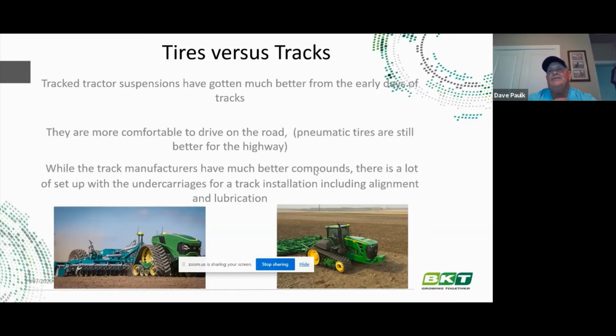However, pneumatic tires are still better for the highway. Pneumatic tires don't wear out as quick on the highway as tracks do, especially in hot climates. In hot climates, tracks get eaten up whenever you're running up and down the highway with them. So while track manufacturers have much better compounds, there is a lot of setup with the undercarriages for a track installation, including alignment and lubrication. You have to make sure it's aligned, and make sure there are no rocks, sticks, dirt, and all that stuff in there, or it'll mess up your drive wheels